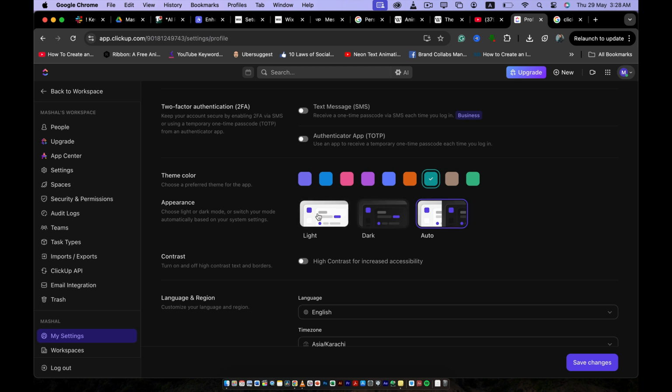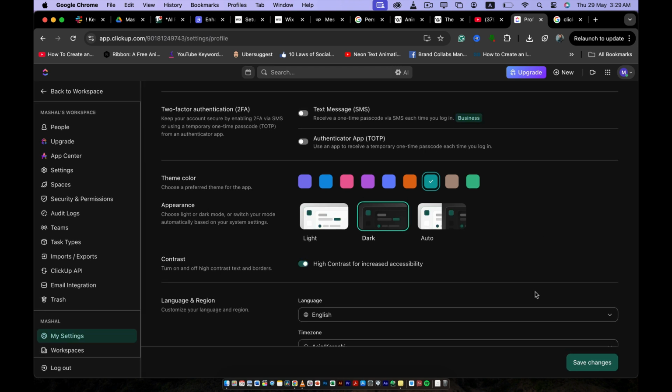You can also change your appearance as well. Like, do you want an auto appearance, a light appearance, or a dark appearance? That's completely up to you. And you can also turn on contrast, text, and borders. That's also completely up to you. And when you click on save changes, the changes will be saved and you'll have your new theme color and contrast right there. So you can see I have the new theme color right here, but I don't like it